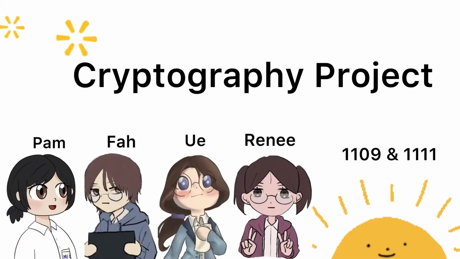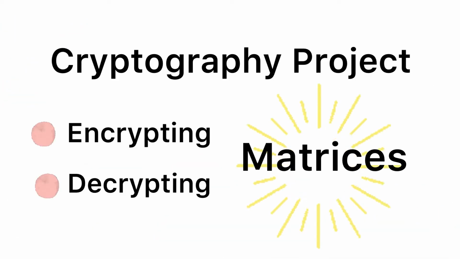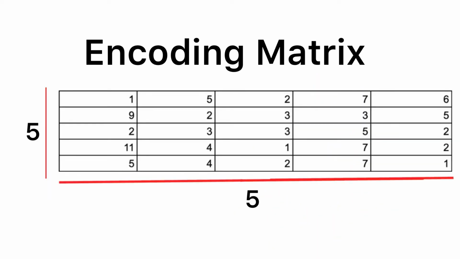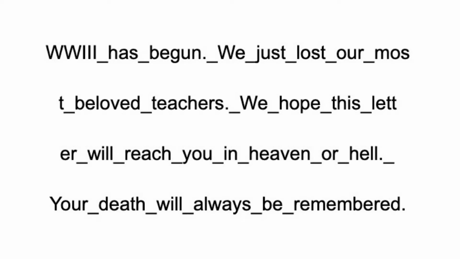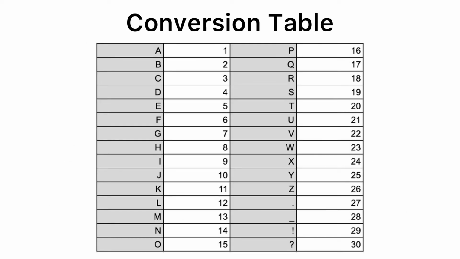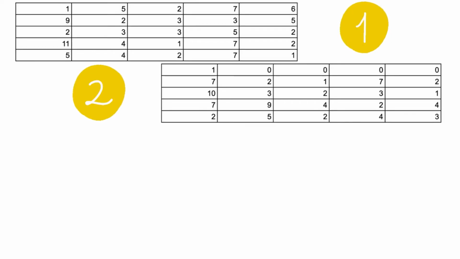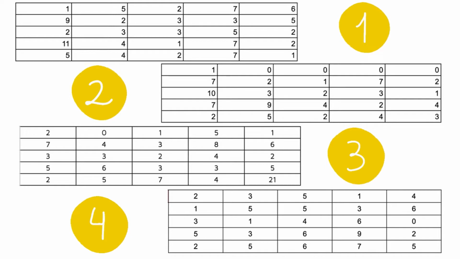This cryptography project video will cover the whole process of encrypting and decrypting matrices with an encoding matrix of 5 times 5. Firstly, we started off with brainstorming a creative sentence ready to be encoded. Then we define a different number for each alphabet symbol. We also define full encoding matrices of 5 times 5 for each member. At this point, they are not yet confirmed to be usable, but will be by the following